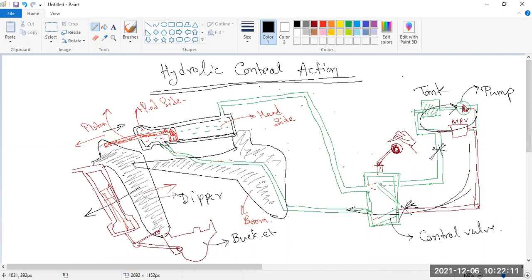If this side is blocking, then it will go in this side, because it will give some back pressure. It is also blocking, but whenever it is open, then only it is flowing through here and it is coming here. So this is the pump, and this is the tank, and this is the MRV, this is a valve. Valve means it is a one directional valve. Okay, so what happens